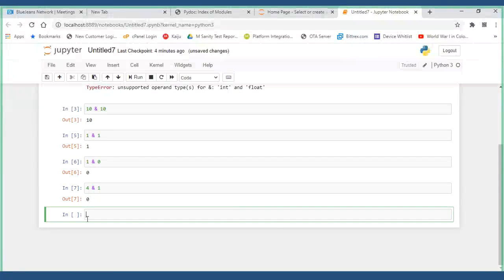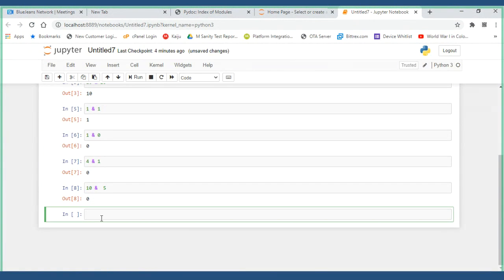Once again, I will show you. Just see that and let me know what you have observed. 5, 1 and 10 and 5.